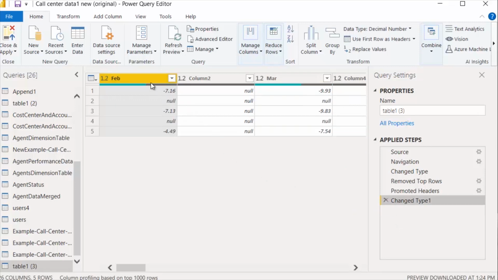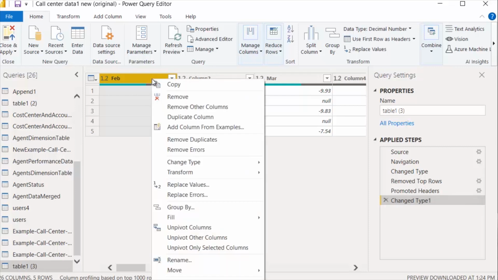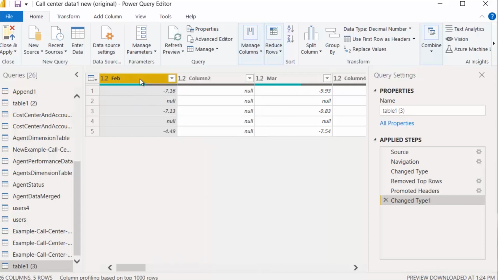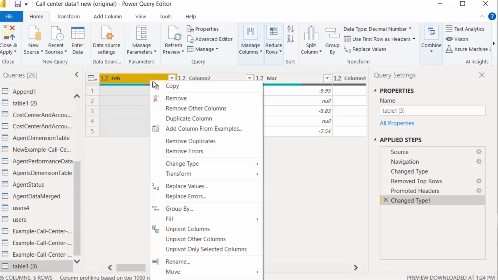For example, this null value is only in this column, in this row, but not in other rows. We can just select this column and here we have the options to keep duplicates, keep errors, remove duplicates, remove empty rows, remove errors, and replace errors. So again, if we use remove empty rows, it did the same thing, right? So let's just remove. Okay, this has already been removed, so let's just